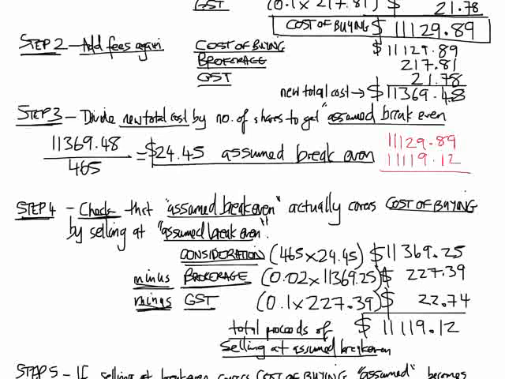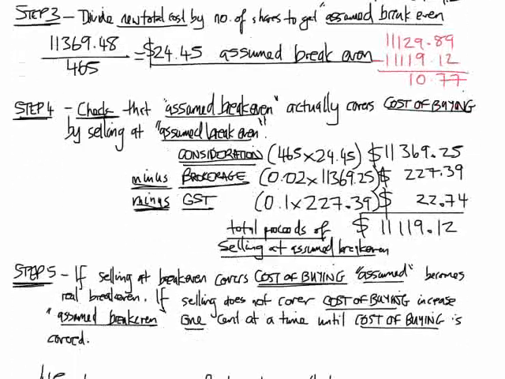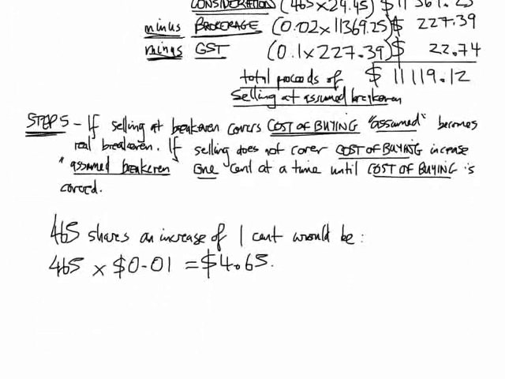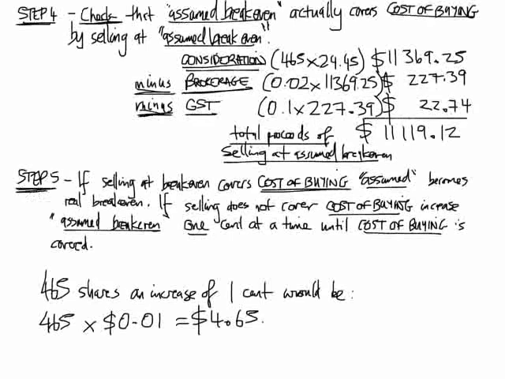What is the difference we need to make up? That's a difference of $10.77. So if we know that a 1 cent increase in the break-even price is going to be $4.65,